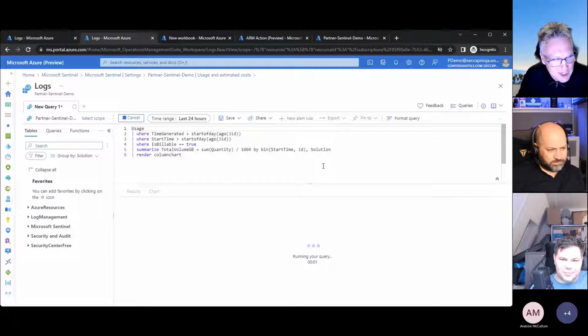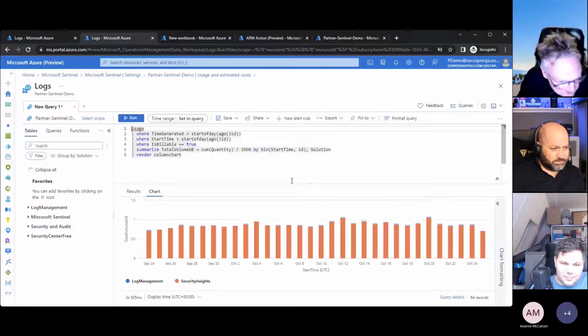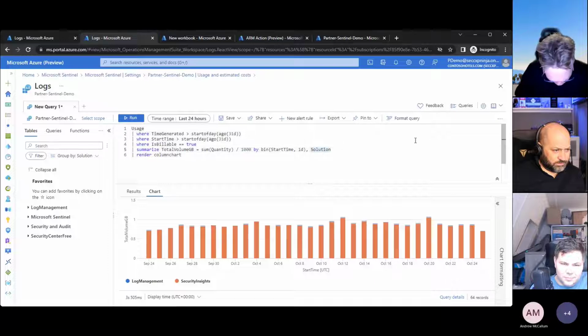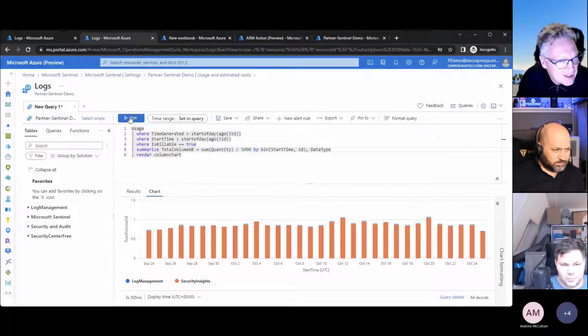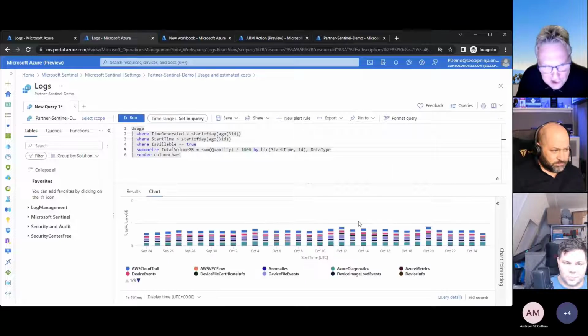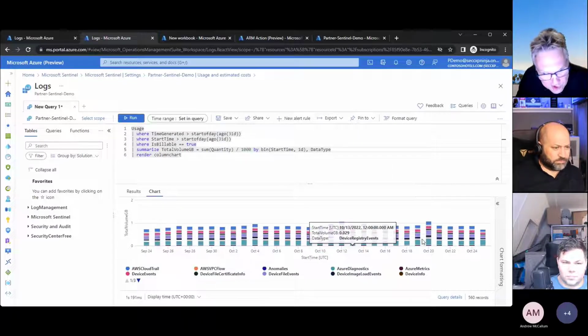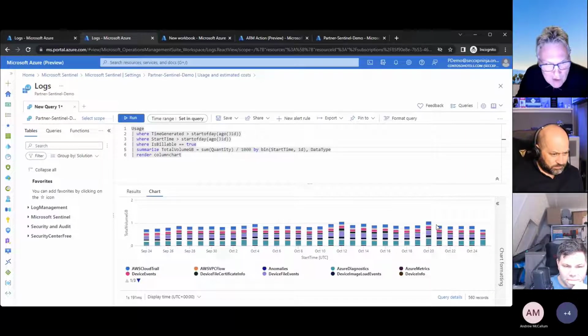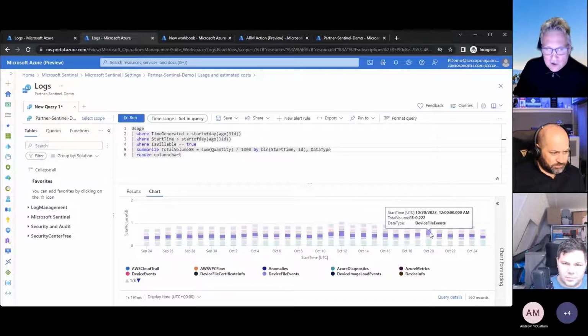And we can see what caused the cost. Okay, we see log management. That doesn't tell us that much, so we can change this into data type. And then at least we understand the log where the volume is coming from. But that's nice. But if now I wanted to actually know what user account or what device is actually causing